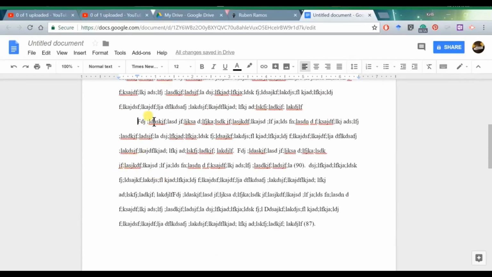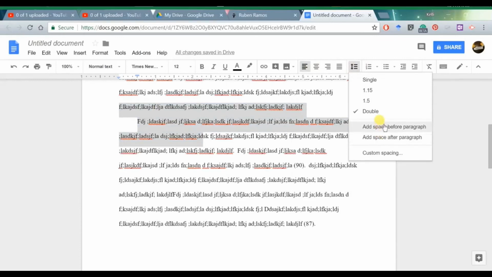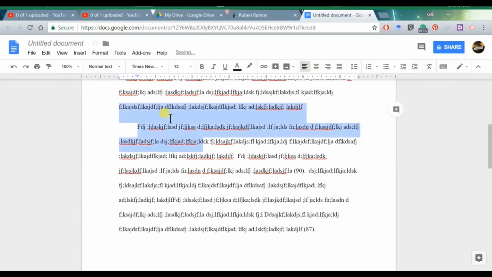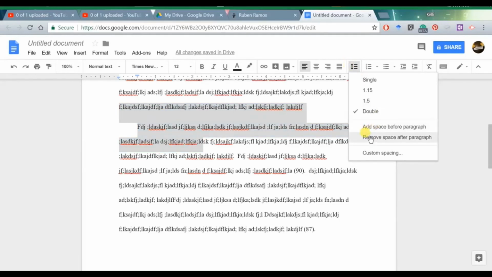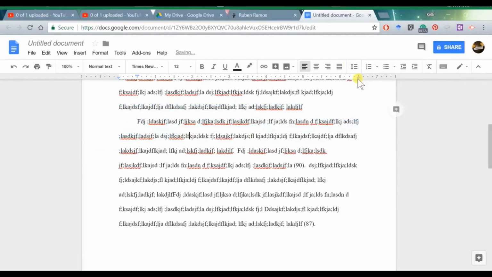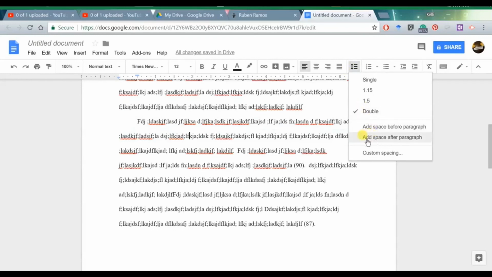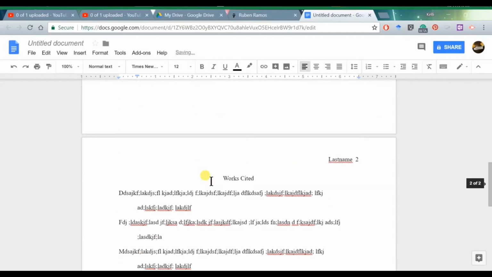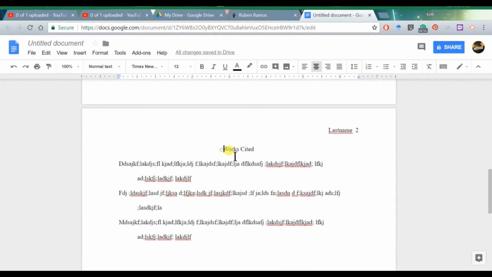Don't forget that if you have extra space in between these, it is because of this indentation, notice how that's extra space? That's what happens. It's that indentation is messed up. So when you click on your spacing, double, it still says add. Notice when you say add, it says remove, so you want to remove. And then if you are doing a paper that requires you to